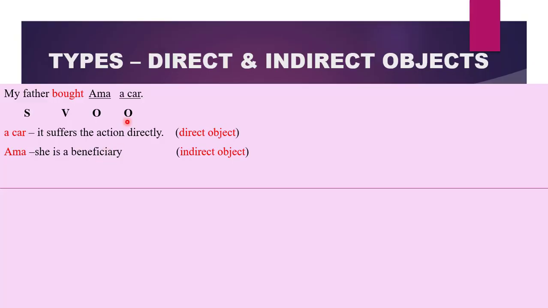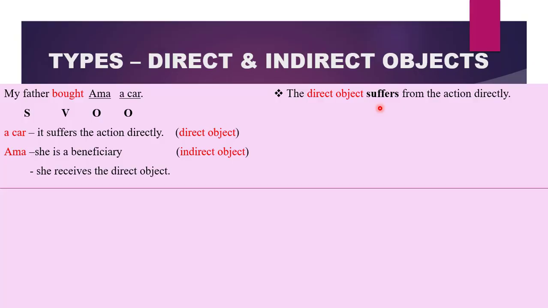Or you can say it is the noun that receives the direct object. In this sentence, what was bought? A car, direct object. And who would enjoy the car or who will receive the car? Ama, indirect object. The direct object suffers from the action directly, and the indirect object enjoys or benefits from the